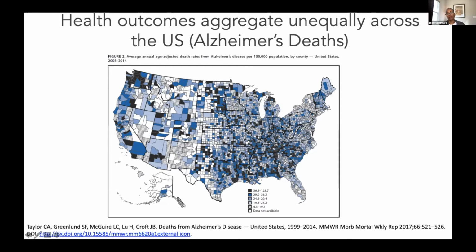But what's fascinating about this map is that you can see that there's clustering of age-related death rates from Alzheimer's at the county level, well, regionally. Among certain counties, the darker areas have higher prevalence of hospitalizations or death rates, and lighter areas are areas where there are fewer. You can see that there's clustering in certain regions of the United States. What's also very interesting is that there are some counties which are just adjacent to others where there are very high rates and then very low rates. So it speaks to the clustering of conditions at the community level, at a very macro level.